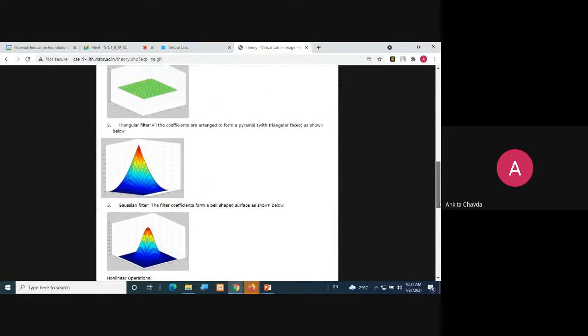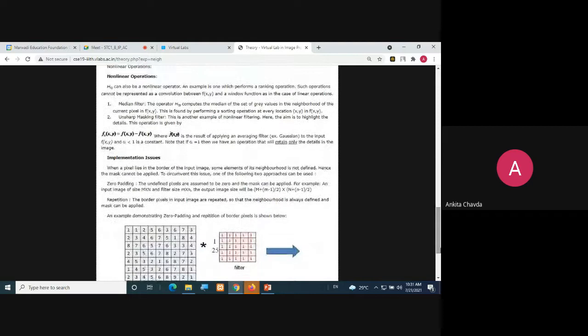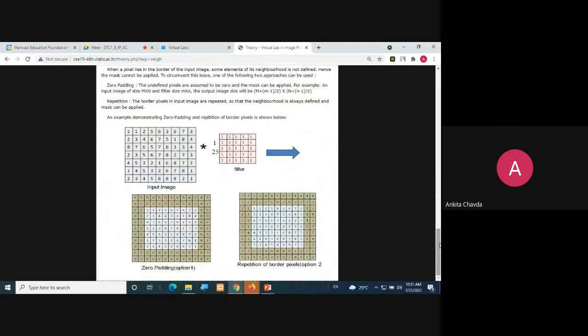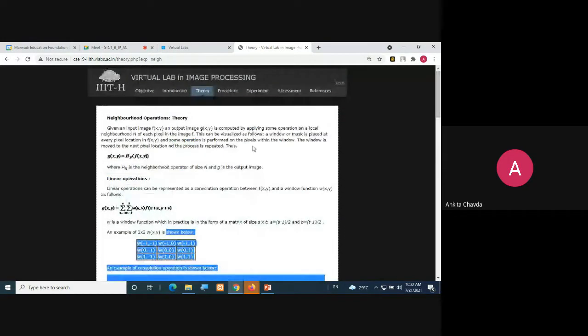So here these 3 are the linear filters. And the non-linear filters they have given are the median filter, and one more filter, that is the unsharp one. But that we use in the frequency domain, median we use in the spatial domain. So we have linear and non-linear filters. Okay? You just don't go into the theory much. It is perfectly fine. If you don't know anything, then also it is perfectly fine.